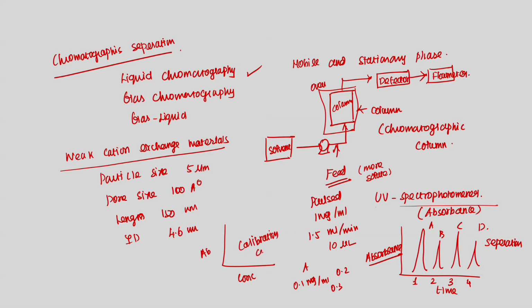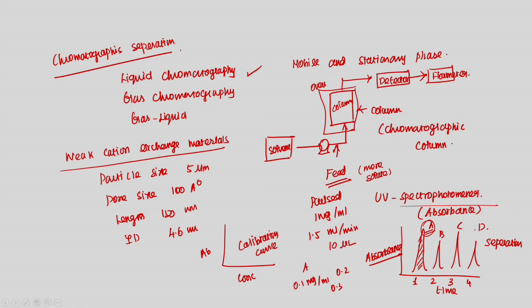So, from that calibration curve I would be able to tell at 1 minute if my absorbance is this peak. So, how much is the concentration of A at 1 minute. After 2 minutes your A will not be showing up, your B will be showing up. At the same time, using the same calibration curve I will do it for B, concentration versus absorbance, and C also the same thing.